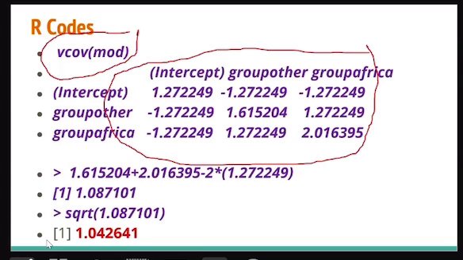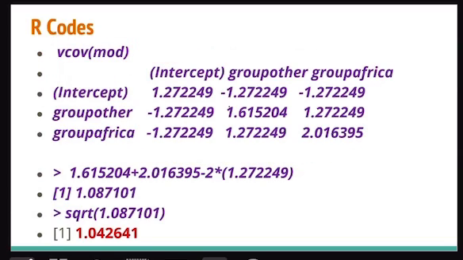Okay, now these are the variances. This is the variance of beta naught, the variance of beta 1, the variance of the other one. Now, here I'm actually using this model. I think this is what I'm trying